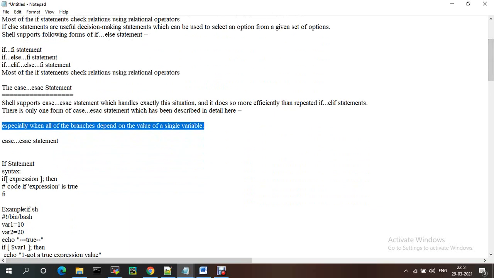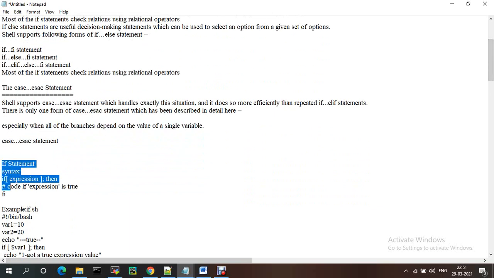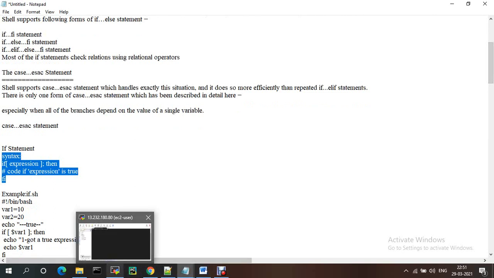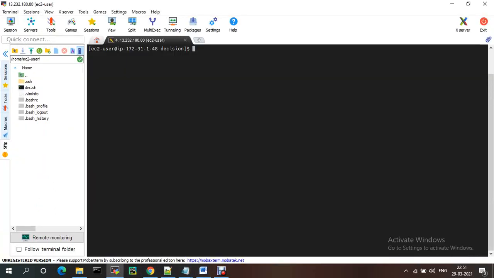So this is the if statement syntax. Let me write a sample program and then we will check it. vi if.sh, #!/bin/bash.